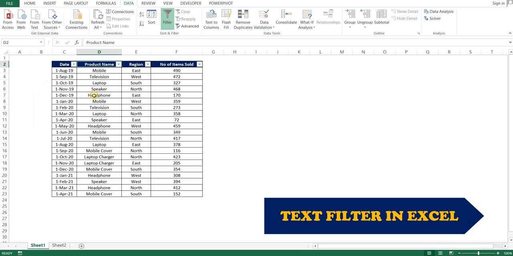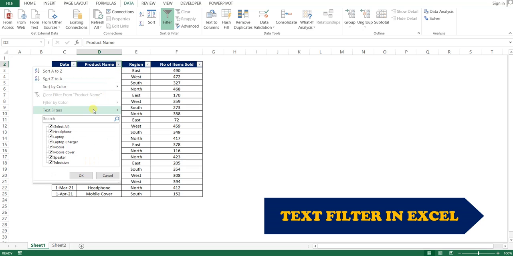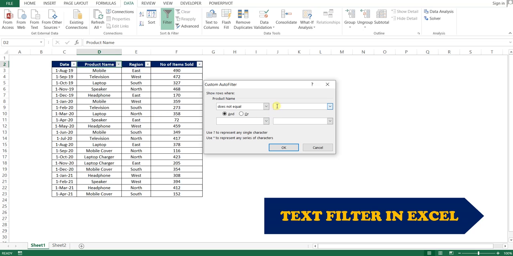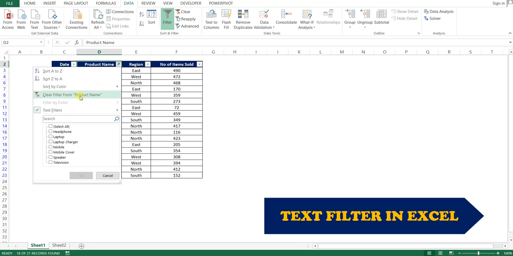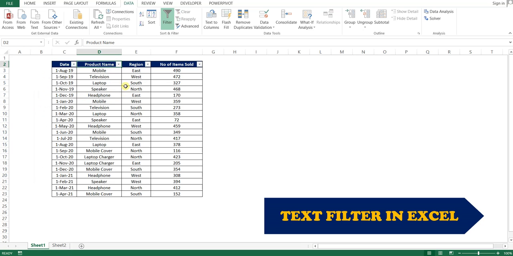We will clear this filter. The next option is Does Not Equal. Here again we input the value as laptop, so it will filter the values which do not equal laptop. Now we can see that all the values which are not laptop are filtered on our screen. Again we will clear the filter.